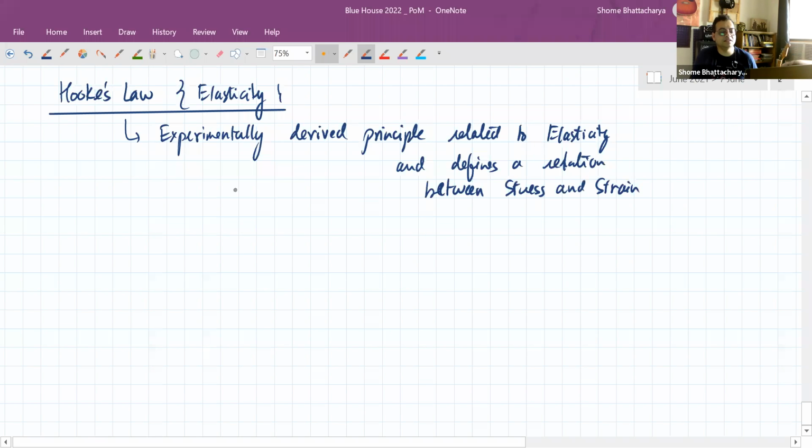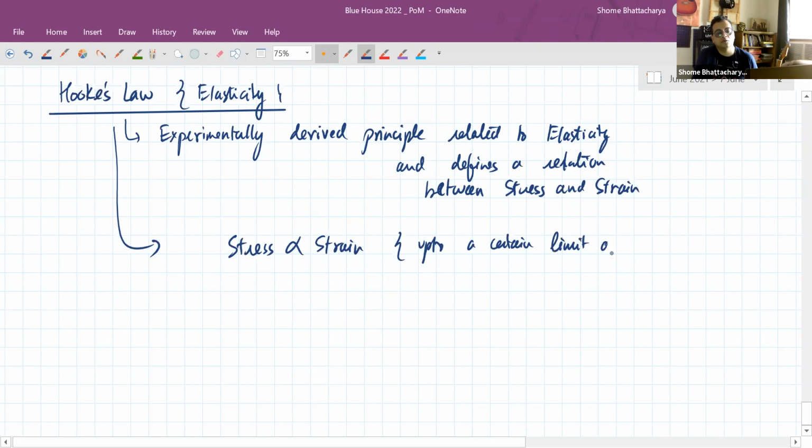So in general, that relationship is that stress is directly proportional to strain up to a certain limit of stress, okay, called the elastic limit. Now, beyond that, what happens, we'll discuss later. Okay, but as long as the stress is up to a certain limit, called the elastic limit, stress and strain